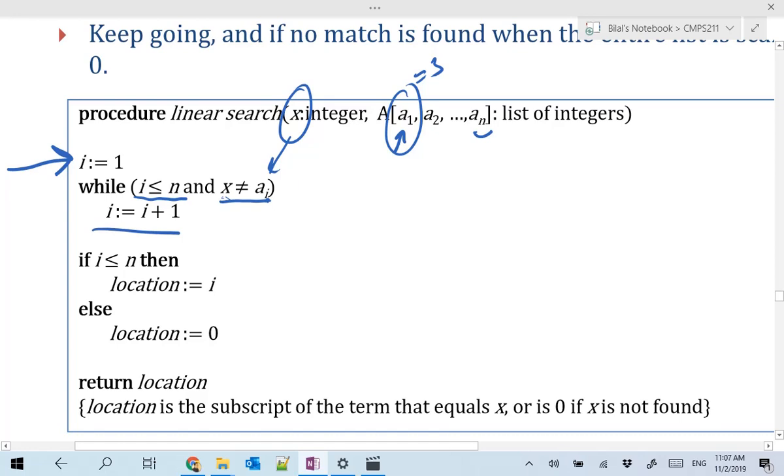Why? Because x different than 3 is false. False and anything else is false. So the condition for the while loop is not true anymore. We will get out of the while loop. We will check if I is still less than or equal to the size of the array. It happens that it is still equal to 1. In this case, we will return the location being equal to 1. So it means that we found that item, x is equal to 3, and we found it at the first place. Imagine that x is not equal to 3, x is equal to 4, and 4 is the